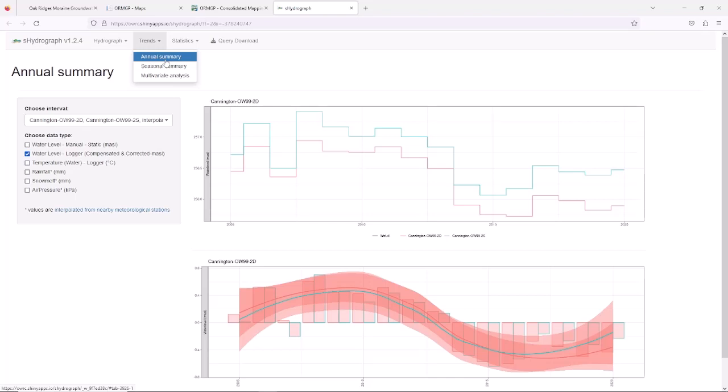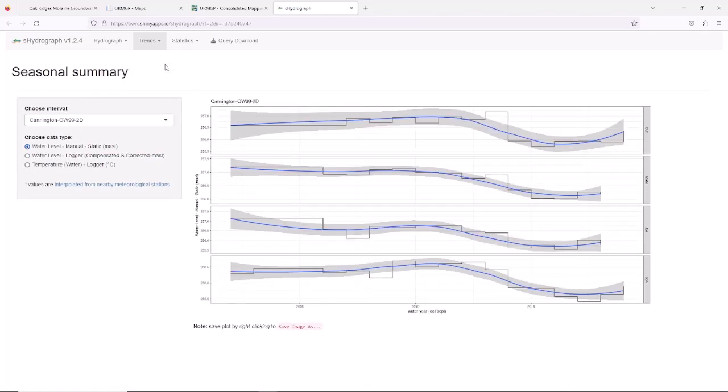The other thing we can look at is the seasonal summary. So these four graphs are showing, we're just going to look at the deep one here for now, the deep elevation. The four graphs represent four different seasons. The first graph is December, January, February, so it's the winter months. You can see there's a plateau of fairly high water levels at the deep elevation, followed by a drop off. In spring, March, April, May, similar trend. In the summer, June, July, August, similar trend. So throughout the year, through all four seasons, in the deep piezometer, we're seeing a similar decrease in water levels